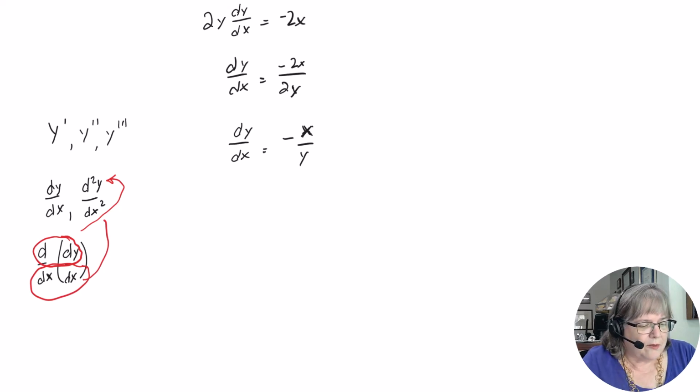We're going to take the derivative again with respect to x. So what we have is we take the derivative with respect to x of both sides. I was going to change that to a different color, but I'm going to leave it like that. All right. So that's what we're going to do. Now I'm going to erase it so you can have seen it. And here we go. So the second derivative